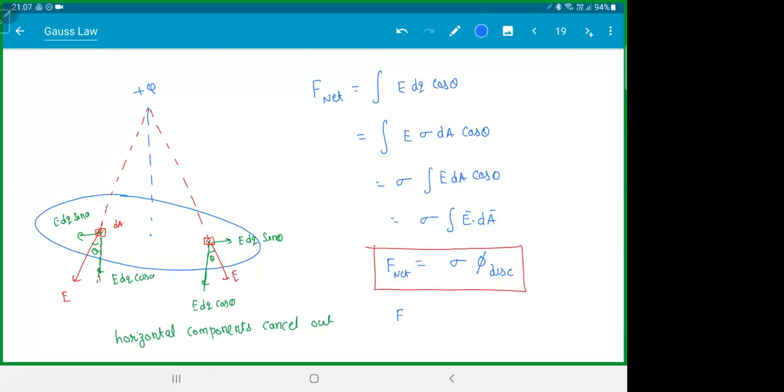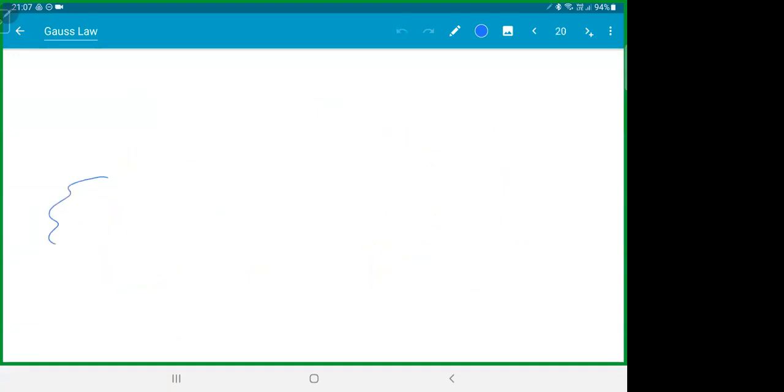So from our question, force will be sigma. What is the flux? Just now we calculated it. Q by 2 epsilon 1 by cos theta. Easy. So we actually manipulated the Gauss law equation to give us force. You can do this for any random surface. Even if you have some amoeba shape, and if you have plus Q,